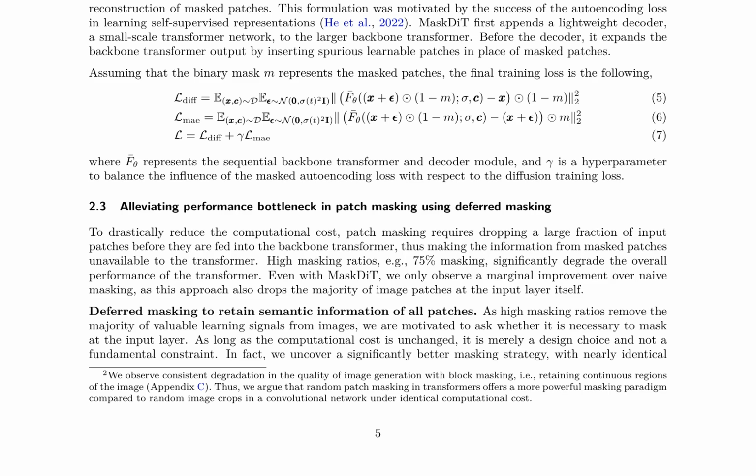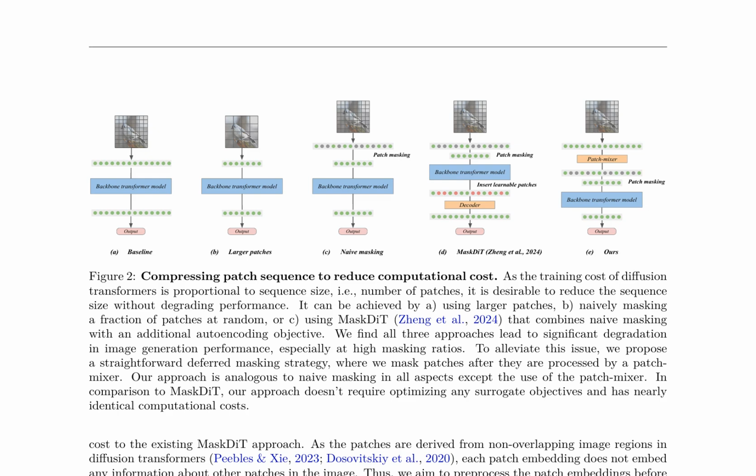An alternative approach is to use a deferred masking strategy, where patches are masked after being processed by a patch mixer. This approach is analogous to naive masking but uses a patch mixer to pre-process the patch embeddings before masking. The patch mixer is a lightweight transformer that fuses the embeddings of individual patches, allowing non-masked patches to embed information